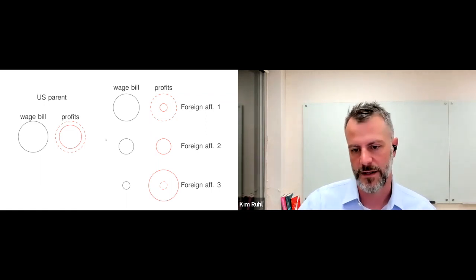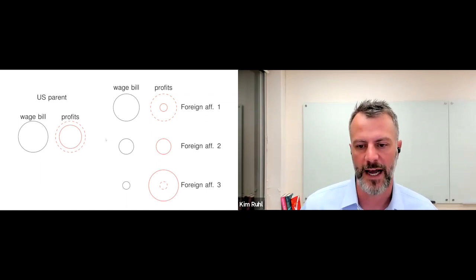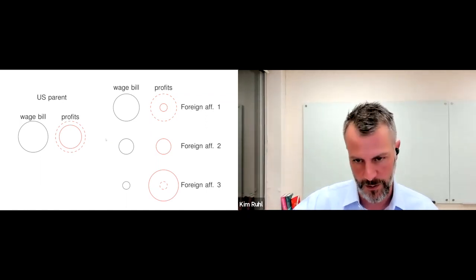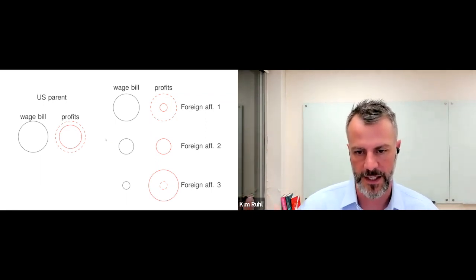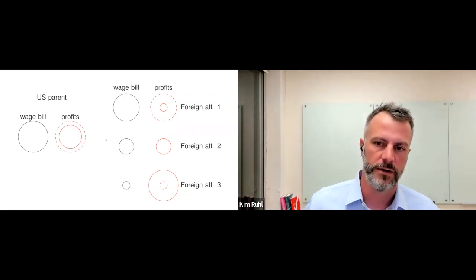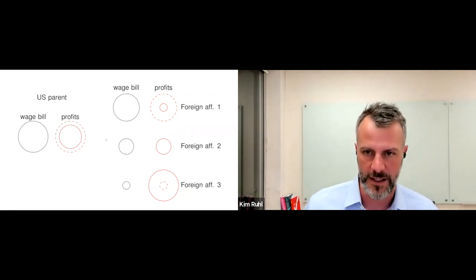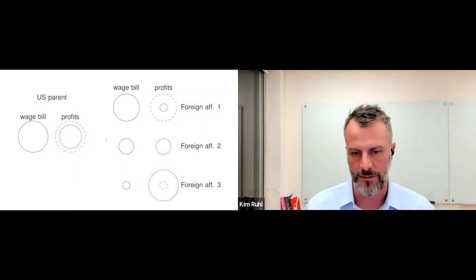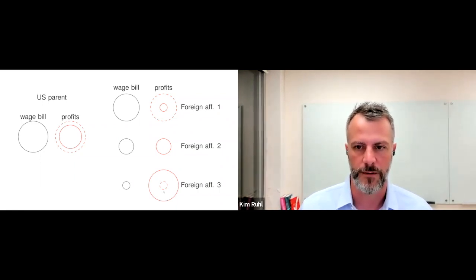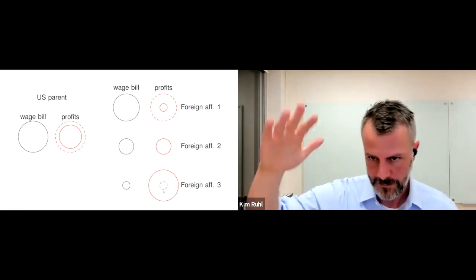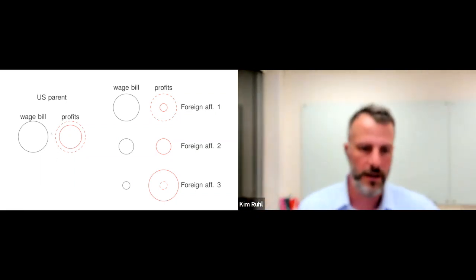And so what we do then, this is the thing about the dotted lines, is now how we're going to change reported profits to what we think are, in some sense, true profits. The foreign affiliate in country 1, we're going to increase the amount of profits attributed to that location. In foreign affiliate 3, we're going to decrease the profits to the point where they're proportional with the wage bill. And then after doing all these attributions across the foreign affiliates, the